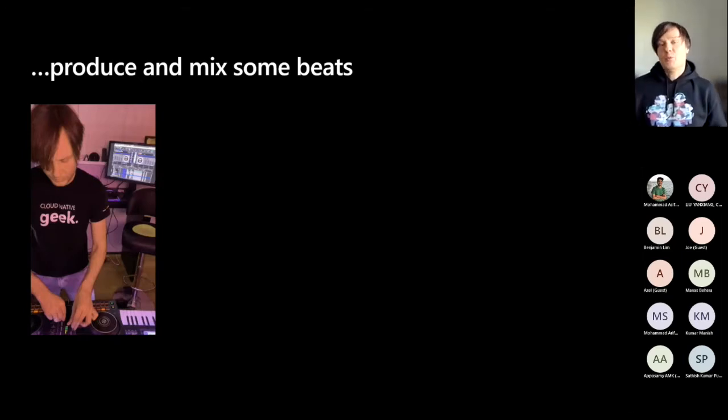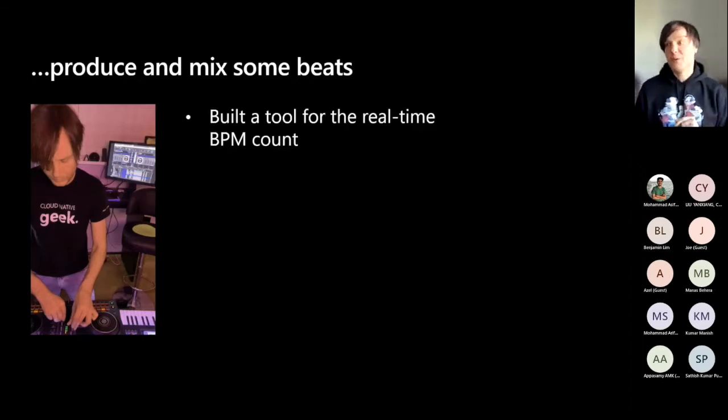You can ask me, why do you present about these hobbies, Maxim? I will answer you, because this is very related to the next pieces of information I'm going to share. As a hobby DJ, I always felt a lack of a particular tool for building my creative DJ sets. It's something that can count beats per minute, or BPM.